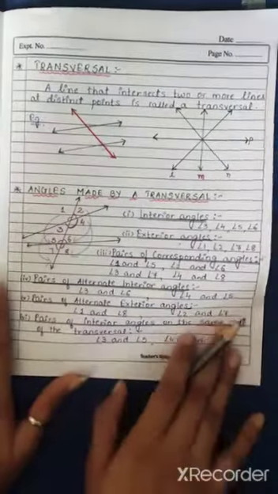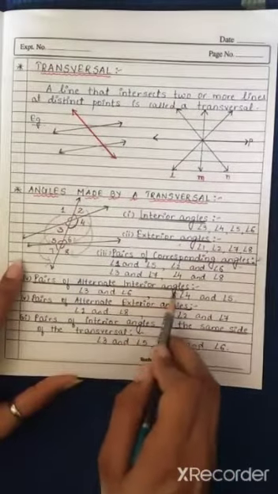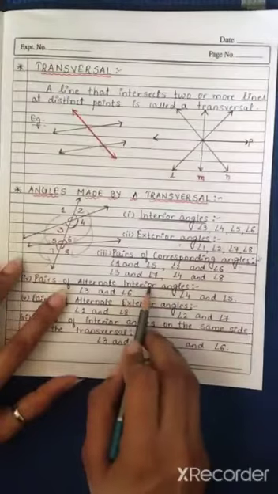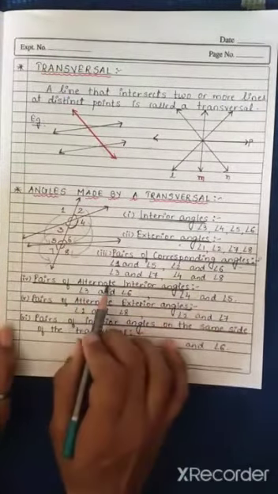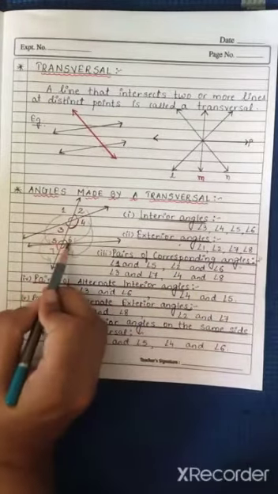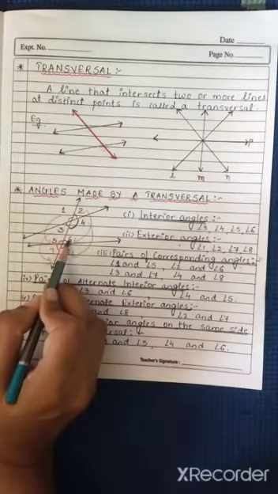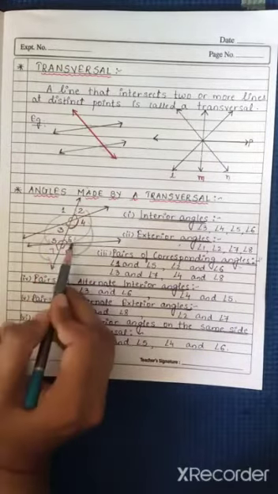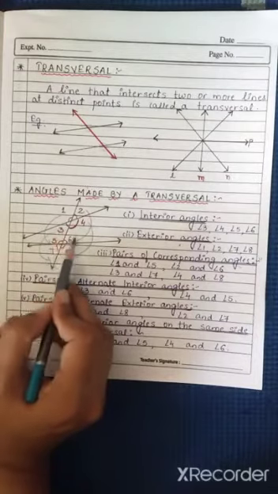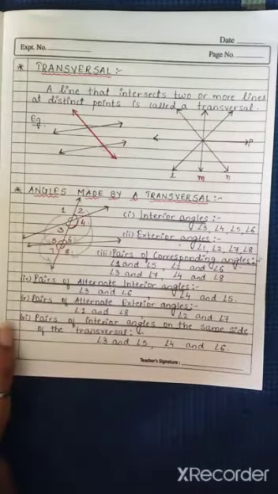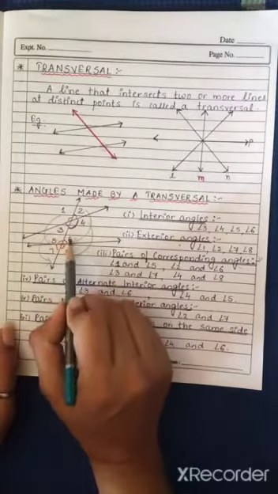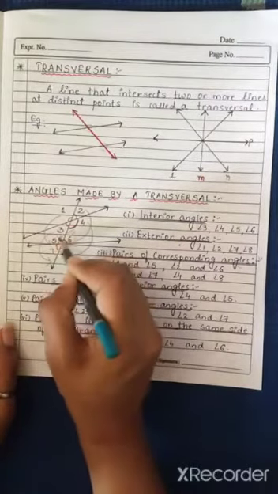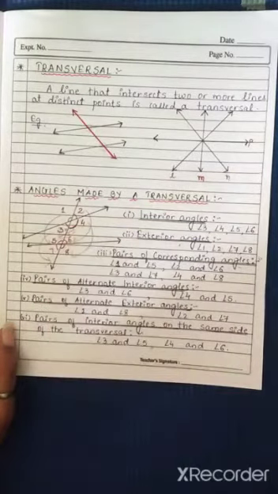Now let's move to the next, that is alternate interior angles. Now we know what are interior angles. The only word that has been added over here is alternate. Fine. So alternate interior angles are 3 and 6 because these both are present on the alternate sides of the transversal. We know this is the transversal and these two angles are present on the alternate sides. So 3 and 6 are one of the pairs of alternate interior angles, and the next is 4 and 5. So these two are the pair of alternate interior angles.